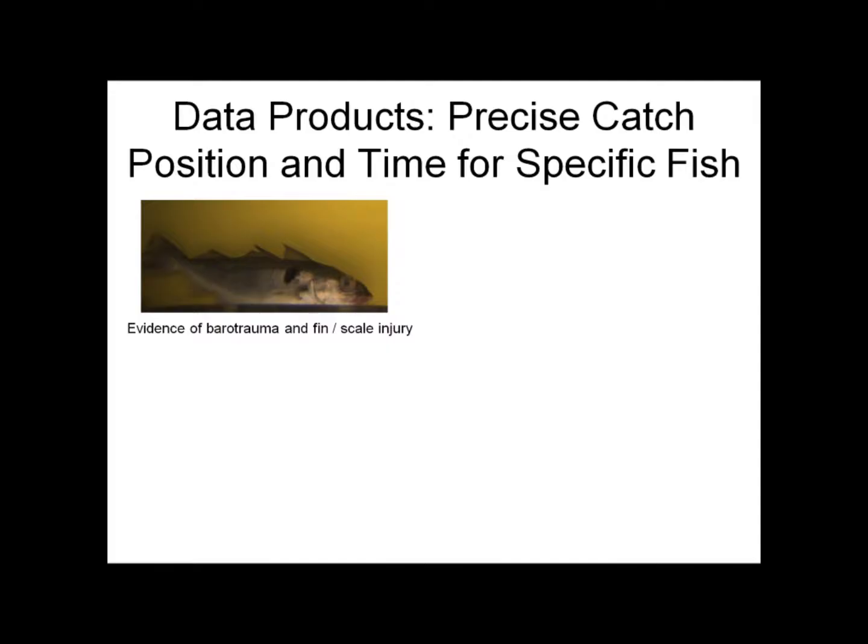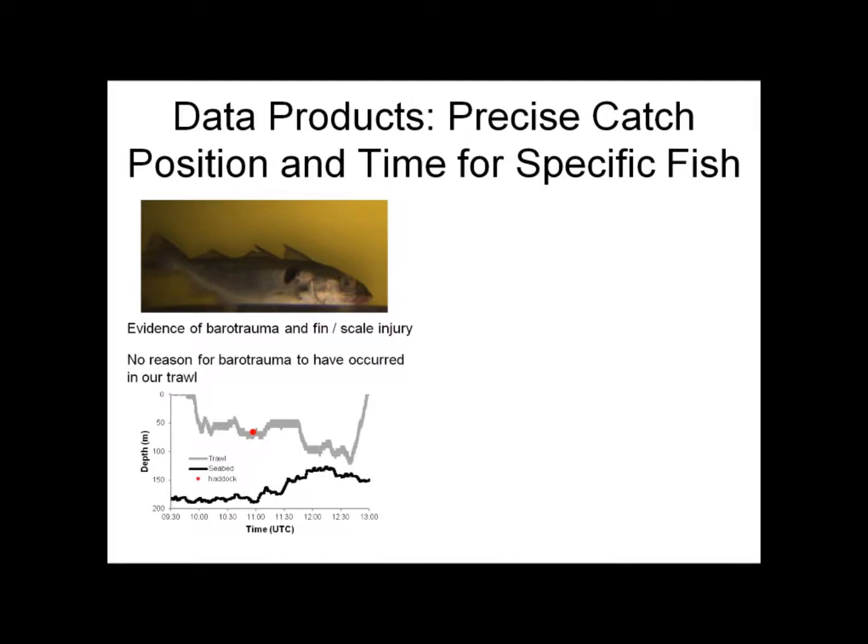There's scale injury. But if we look, the gray line is the trawl profile, and we haven't brought this fish up to the surface. But there was considerable commercial fishing activity at the same time. So we think we probably encountered a fish that was discarded from the commercial trawl fishery. The other thing is that was the only haddock we found. So what was this haddock doing up in the water column